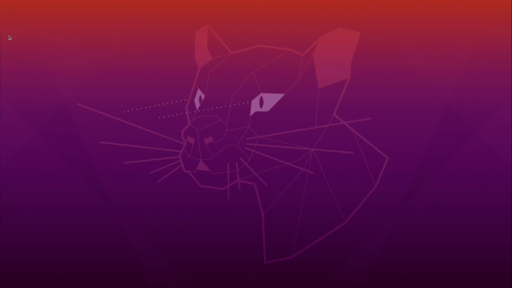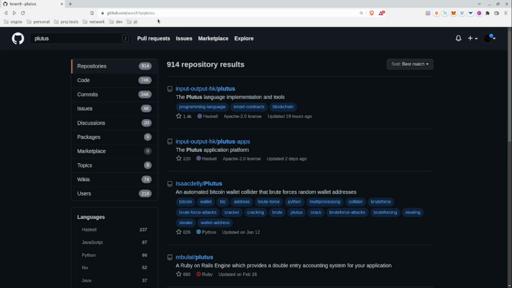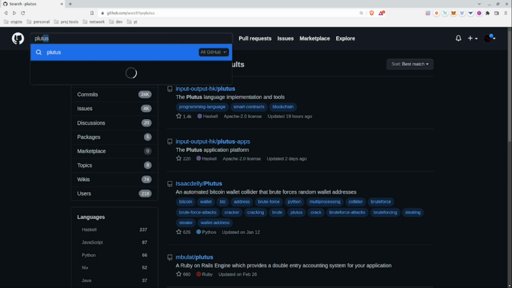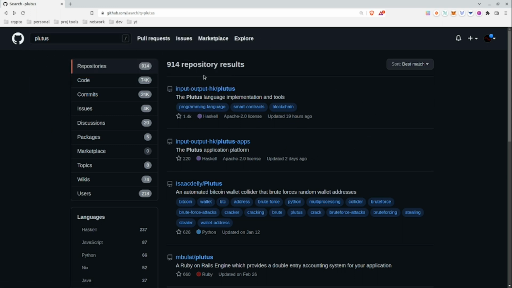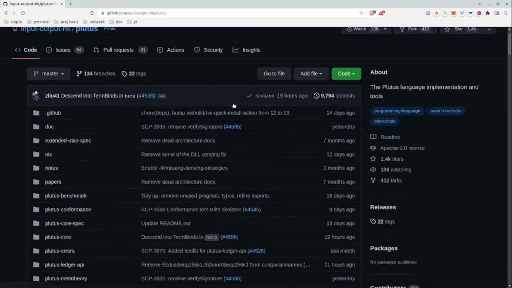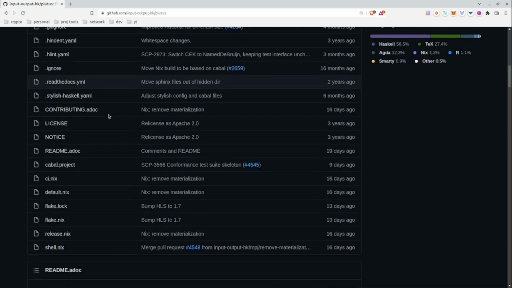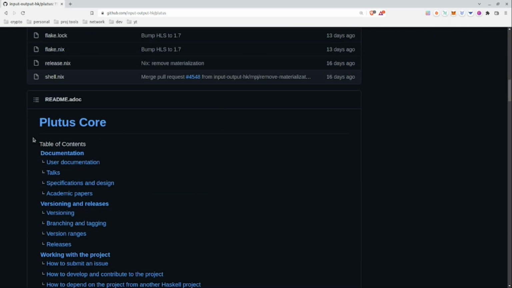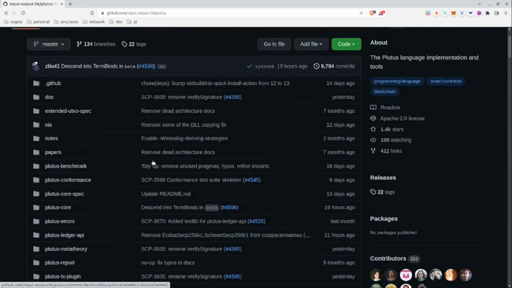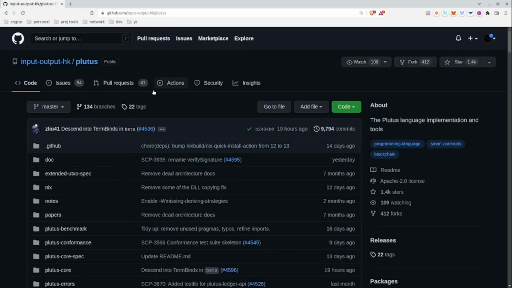We just need some libraries, and to get those libraries, you just have to go on GitHub and search for Plutus, and the most likely scenario is that you'll have two repositories as first results, both from Input Output HK, where the first is called Plutus, and here is present the source code for compiling our Haskell code to Plutus Core, which is actually the code that runs on the Cardano nodes. And so in the Plutus repository, we find all we need in order to write code that runs on chain,